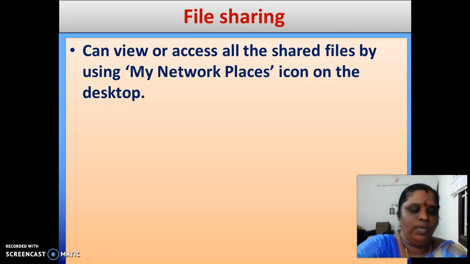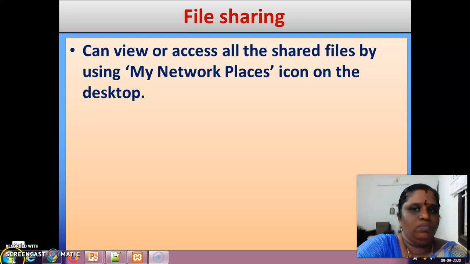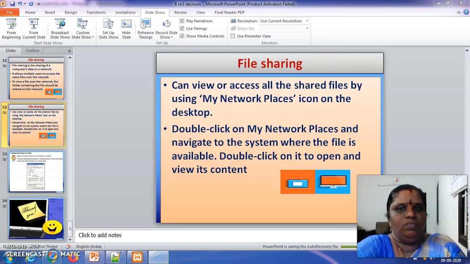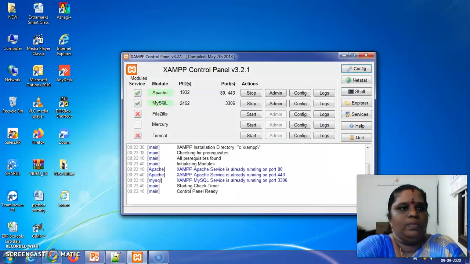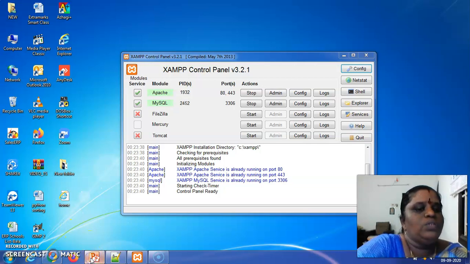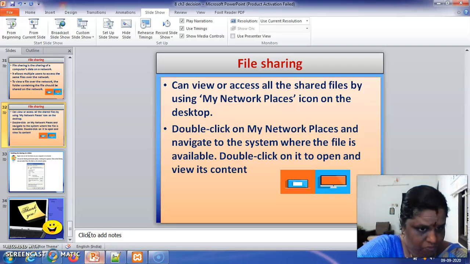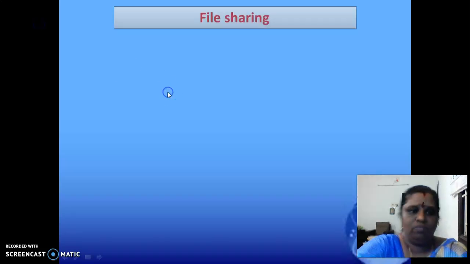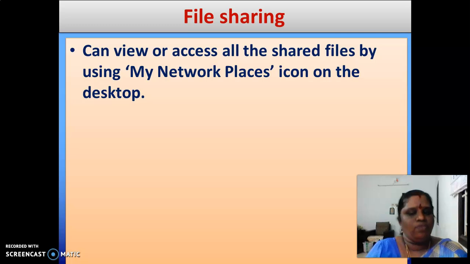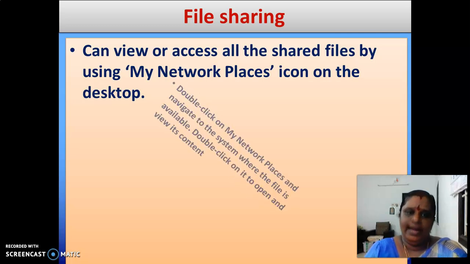Okay, I'll show you here. See, My Network Places. This is the icon, right? So you can view or access all the shared files by using the My Network Places icon on the desktop.